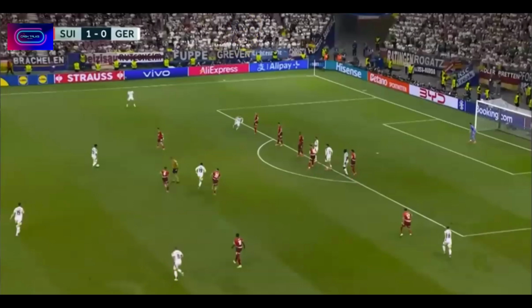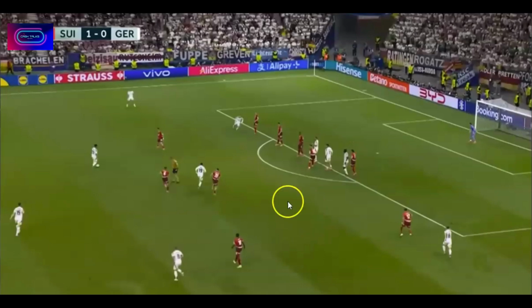So let me just draw these 2 players over here so you can see what I mean. So the Germany player's there, and that's where the Switzerland player is. They're facing this way like that. And what he needs to be doing is there. Sorry, that's wrong. He needs to be there facing that way. So his back isn't there, his back is there, right? Because that's the direction the ball's coming in. He isn't far enough around the side of him.